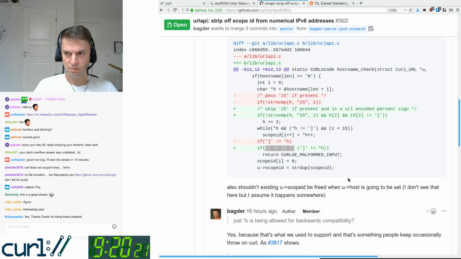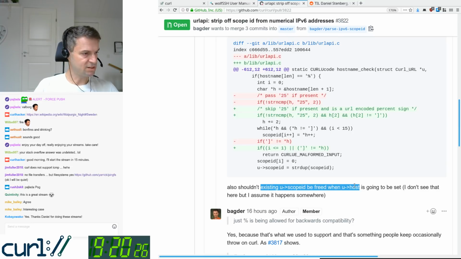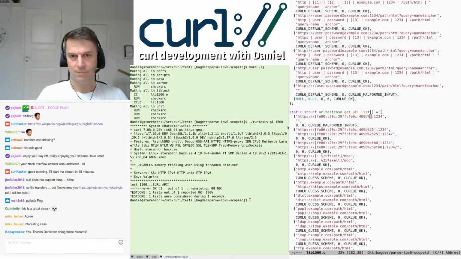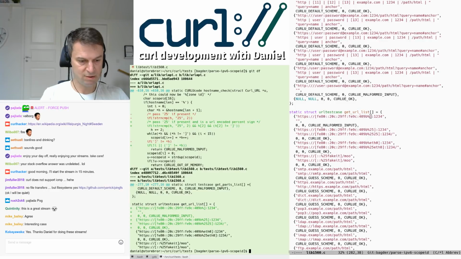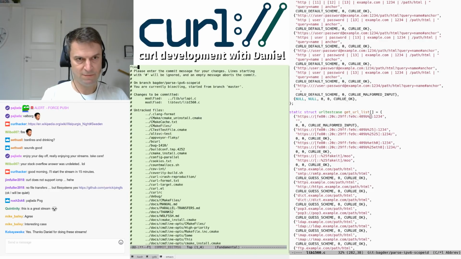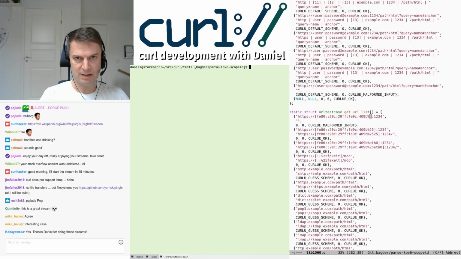So, yep. Ooh, right. Now I thought of another problem. And he mentioned here, shouldn't existing scope ID be freed? So, yeah. Wait a minute. Let me just first commit this, and I'll fix up handle Windows style scope ID with wrong scope separator. I'll fix up that better in the end, but now